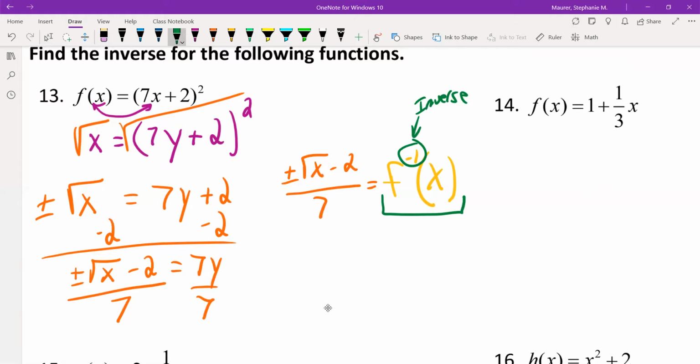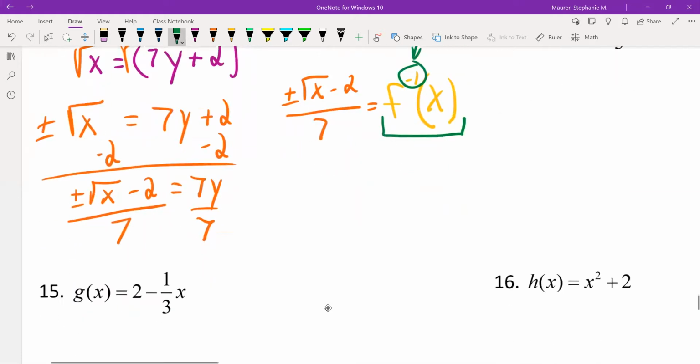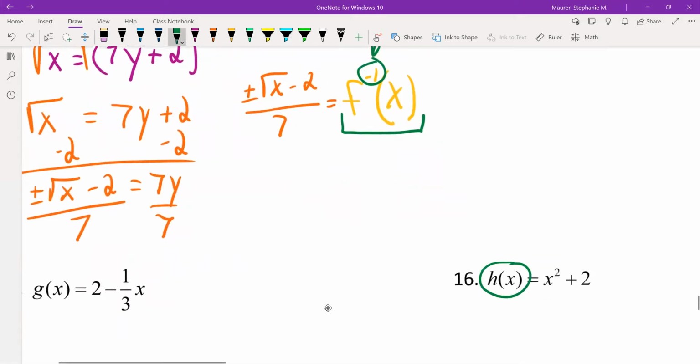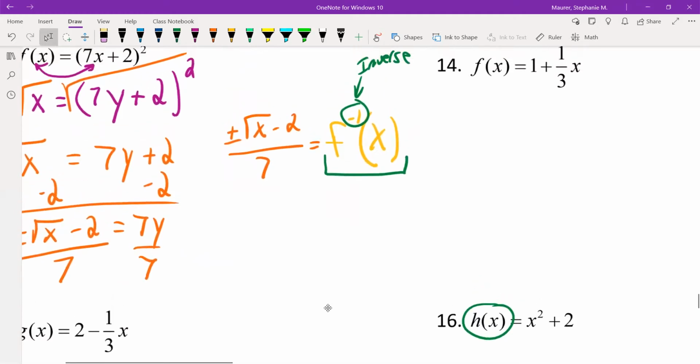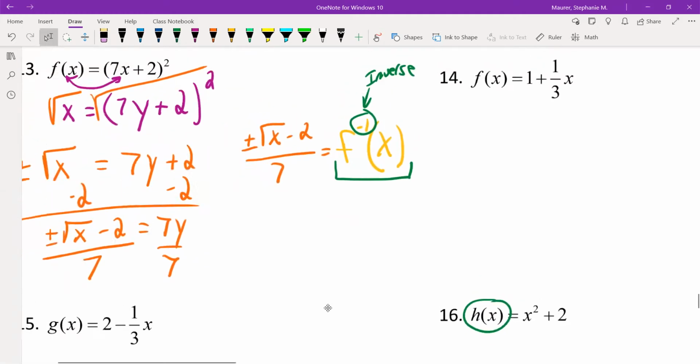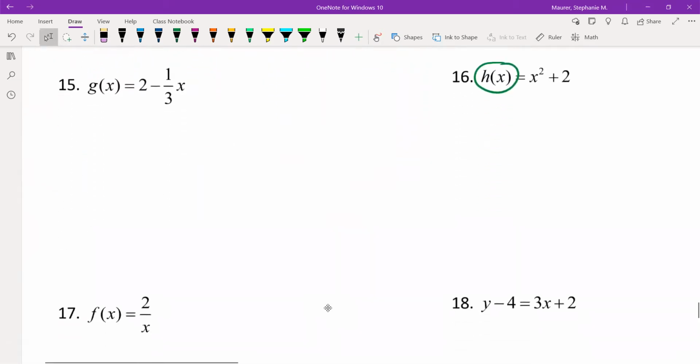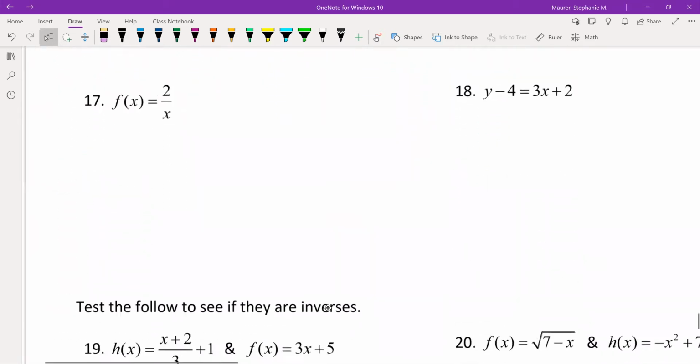It is simply a notation labeling it as an inverse. It's just like, why'd they pick h of x rather than f of x? It's just a label. It's just a notation. And that's the same thing with the -1. It's just a label saying that it is, in fact, an inverse. So in all of these problems, that's what you want to be doing, is switching the x and y and